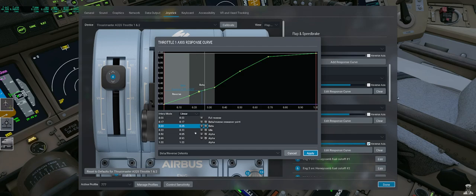Now I noticed once I set it to beta reverse detent and I had the linear profile, when I put my thrust to climb, my engines were at less than, let's say, 40% N1, which was quite low, as that would usually be quite a high thrust setting in the Airbus, or based on the range of your throttles. So I have increased the